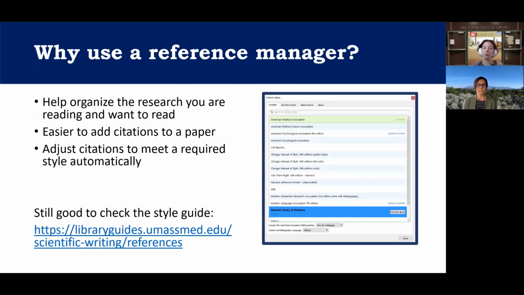We mentioned that it's useful for organizing literature you found and formatting citations, but it also makes it easier to change the citation style when needed for submitting to different journals. But we always recommend that you check the style guide before you submit to either a journal or to a grant to make sure that it is still